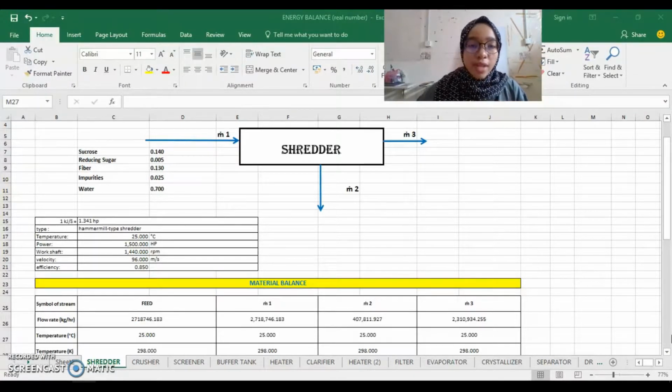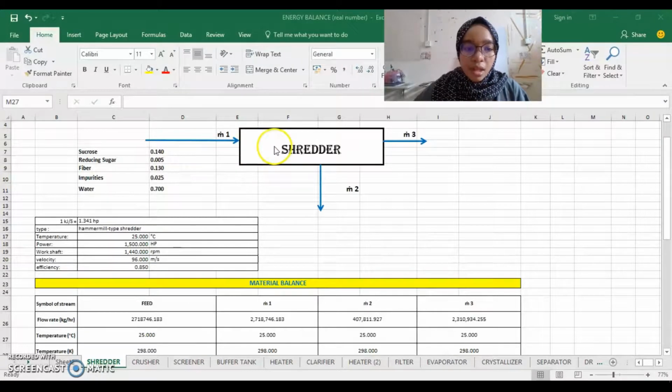Today we are going to present about our sugarcane production project. Our aim is to produce 5 million ton per annum of thick sugar solution. So we move to our first equipment, which is shredder. Shredder has 85% efficiency. So our feed is 271